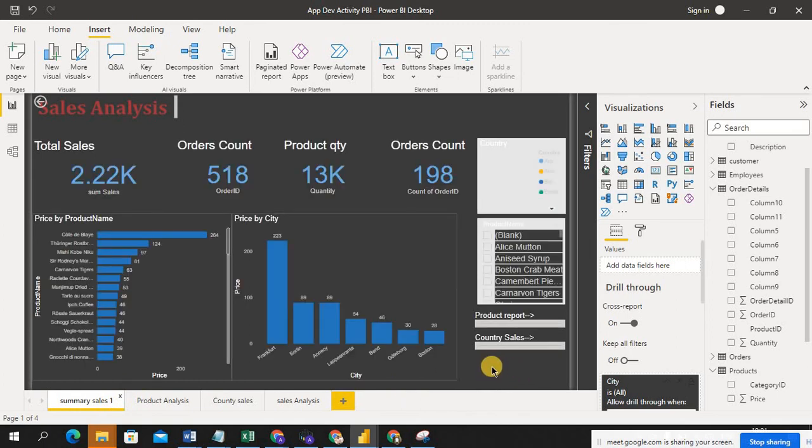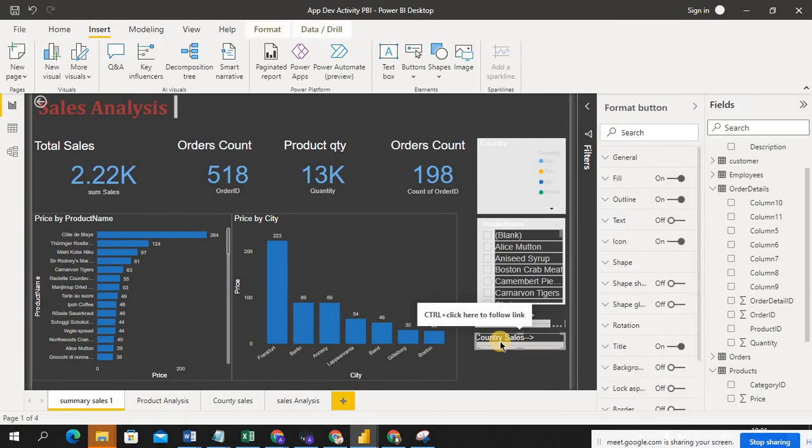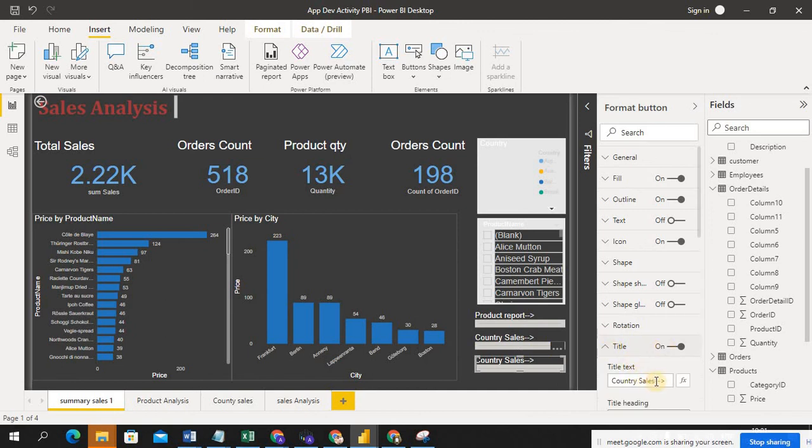The same way, I'm going to add one more button called sales analysis. So just select this, Control C, Control V, and bring this button to the same position. I'm going to rename the title to sales analysis.